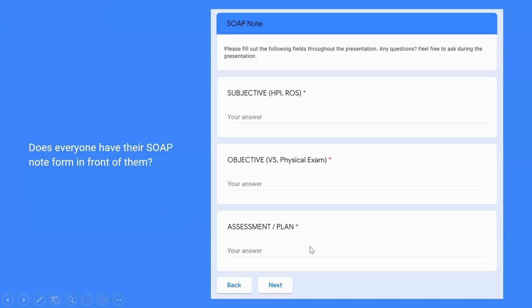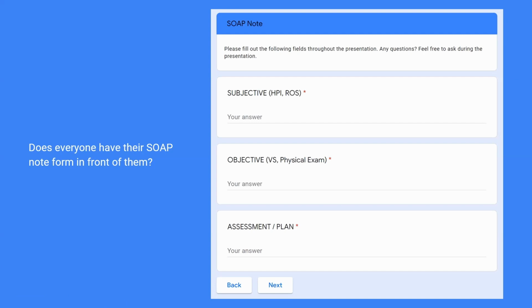Okay, so as we walk through this, traditionally when we present patients, when we interview patients, we do things organized as SOAP, which is subjective, objective, assessment, and plan. Sometimes these cases that I write don't follow that specifically the whole time, because I weave in learning points as we go along as well. But really, it's just a chance for you to take notes as we present the case.